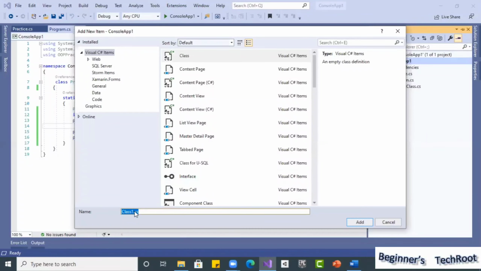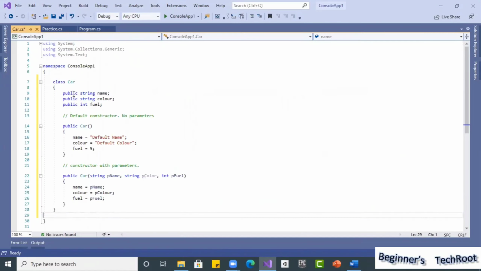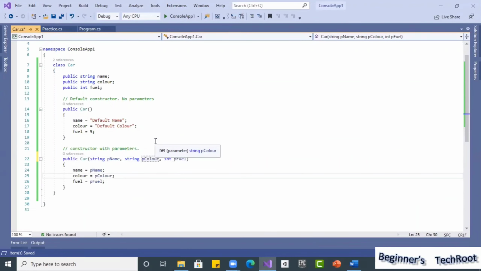I will give it the name Car. Whatever I explained, I am going to put that class here. I'm saving this. So here you can see the same class definition is there.